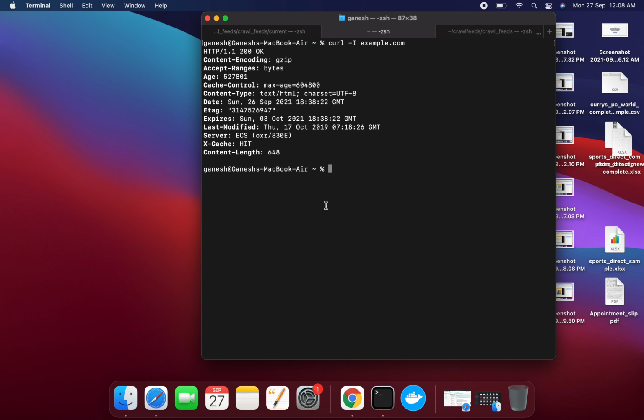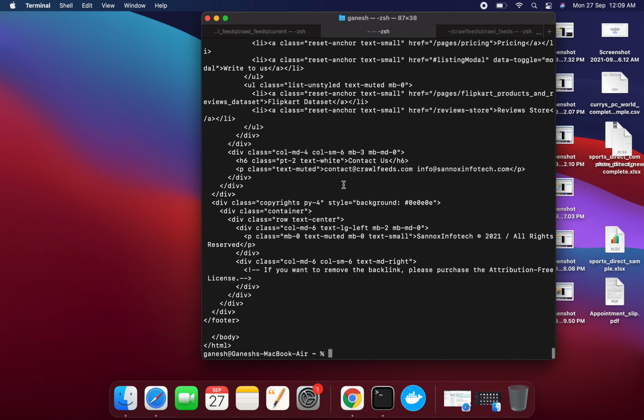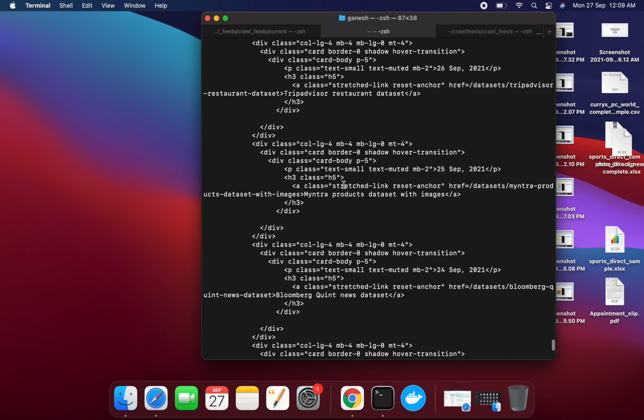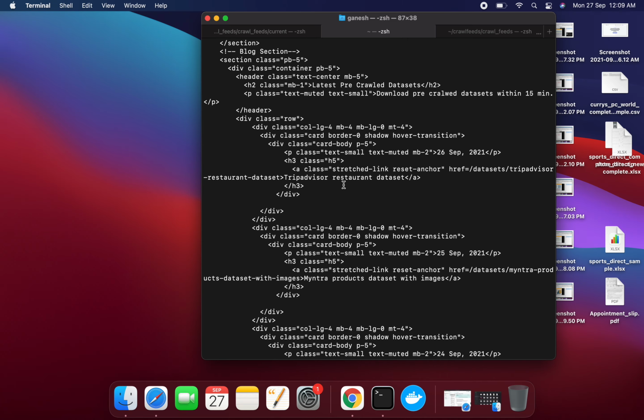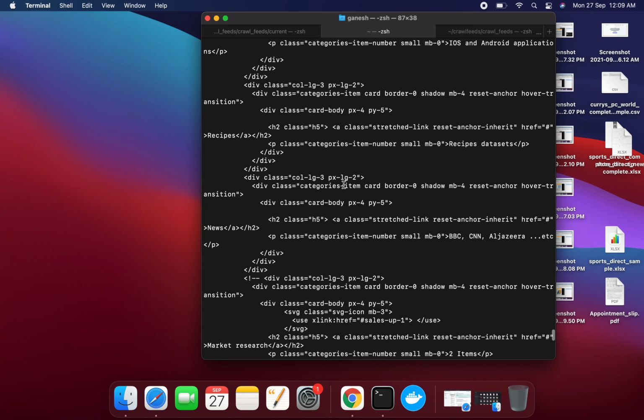And other than that, for example, if you use capital L, right, capital L, see what will happen. Curl -L crawlfields.com. See, now it will redirect, right? It will redirect to reach the final destination.